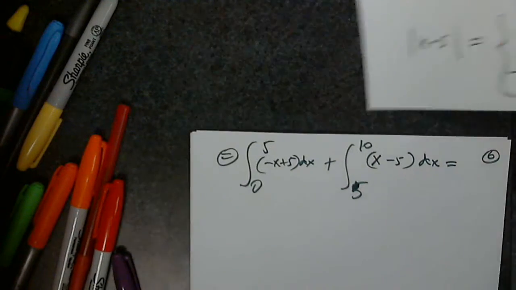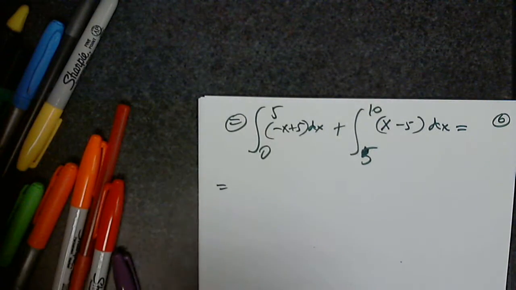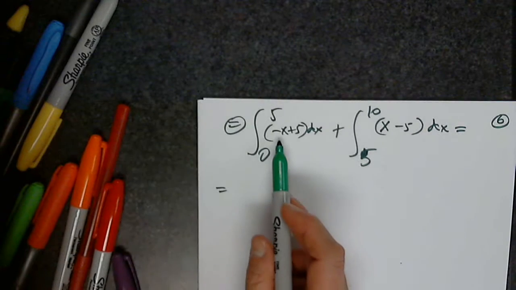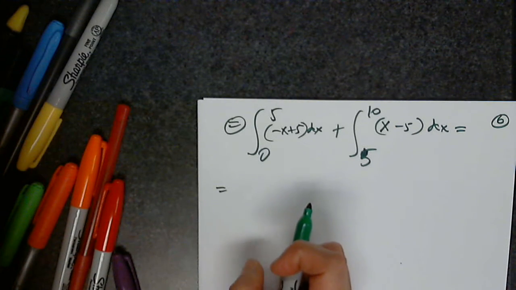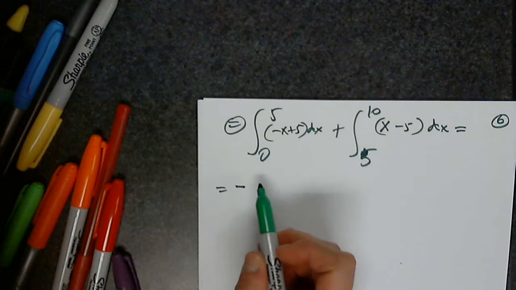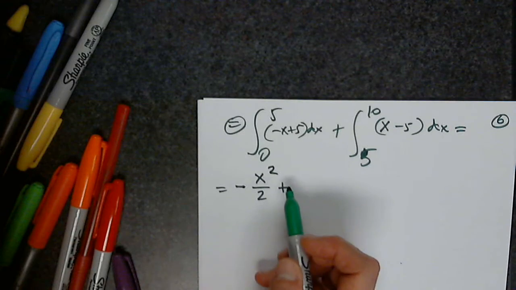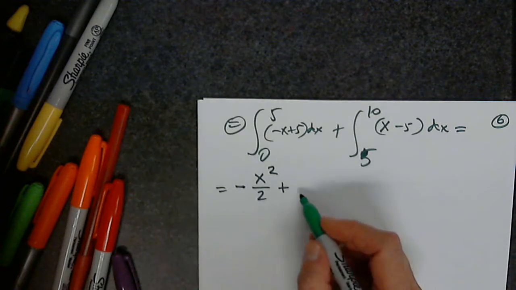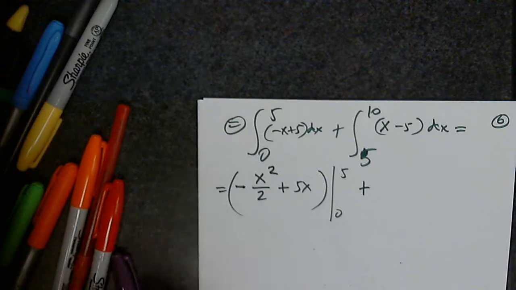So let's calculate this. Now the antiderivative of negative x plus 5. The antiderivative of negative x. Which function prime is negative x? Negative x squared over 2. Plus, which function prime is 5? 5x, from 0 to 5, plus